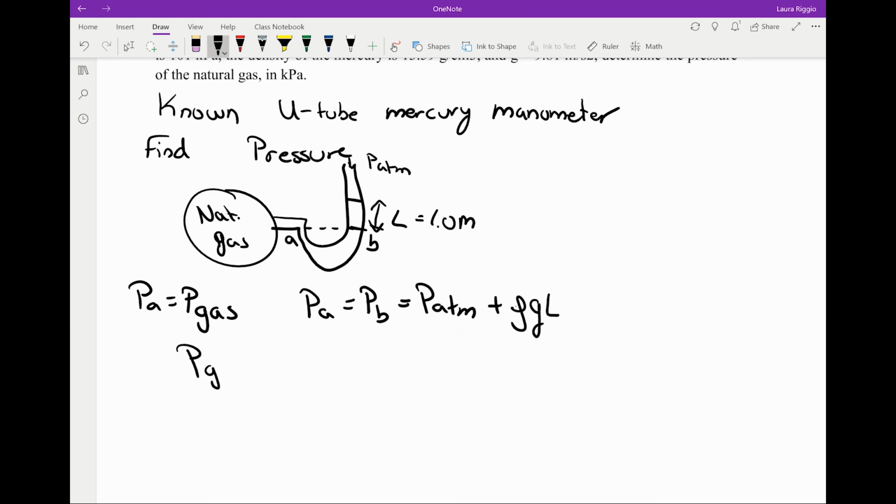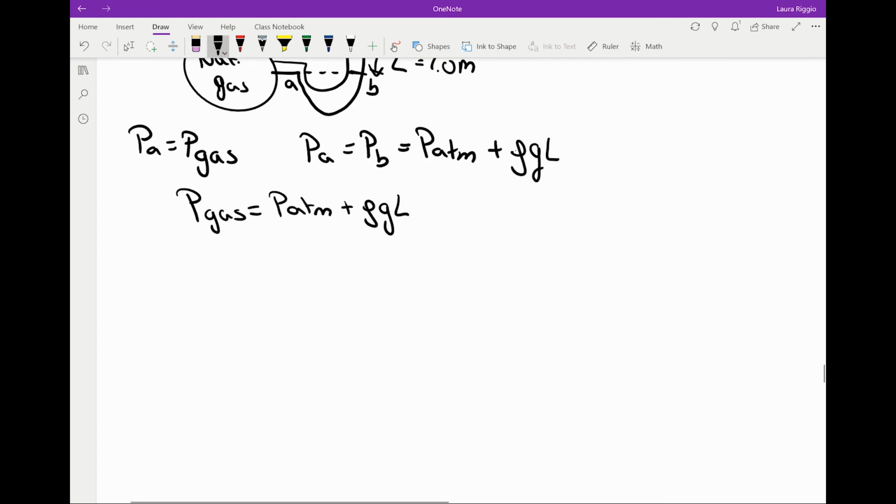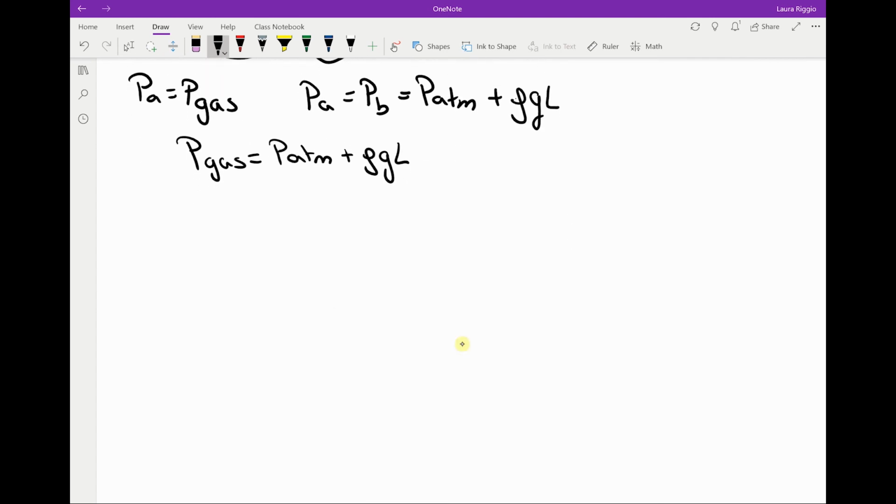So P gas is equal to P atm plus rho gL, which is equal to 101 kilopascals plus